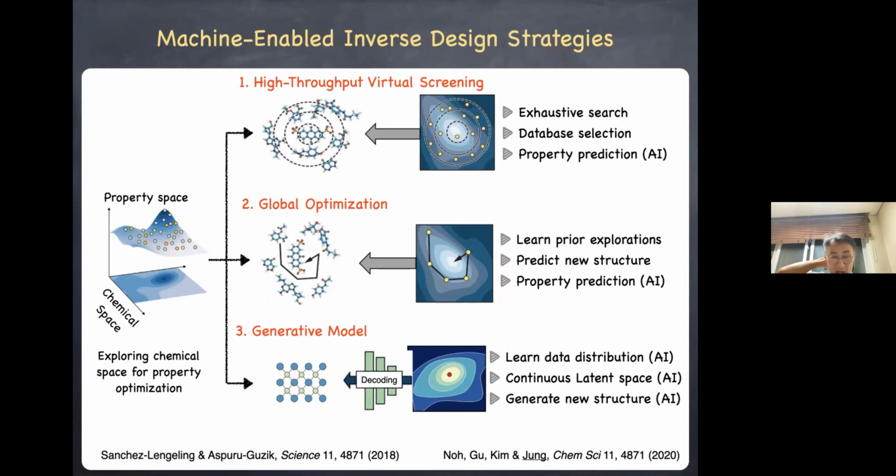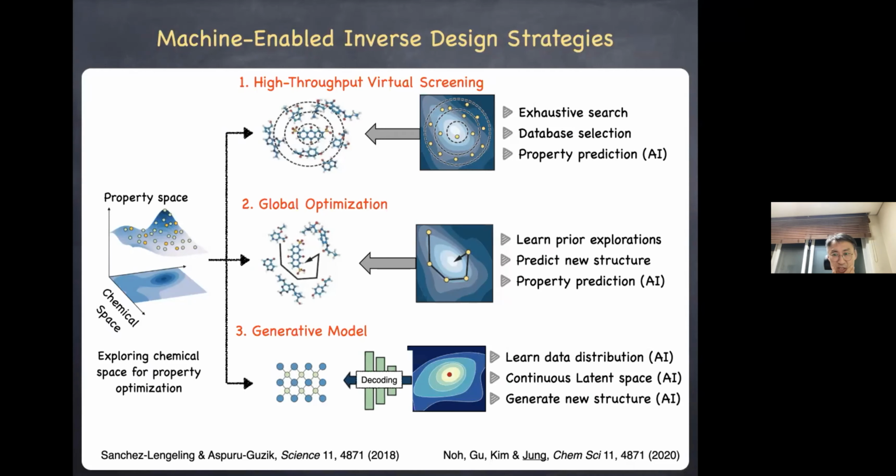In this review article, we categorized the strategies for inverse design into three categories: high-throughput virtual screening, global optimization, and generative models. In high-throughput virtual screening, as the name implies, you take the database and evaluate the property of each candidate one by one until you find the target material. But of course, if the target material is not in the database, then there's no chance that you'll find it.